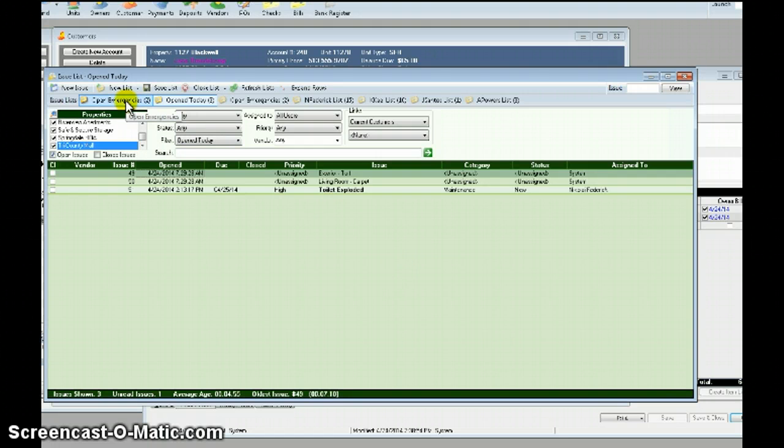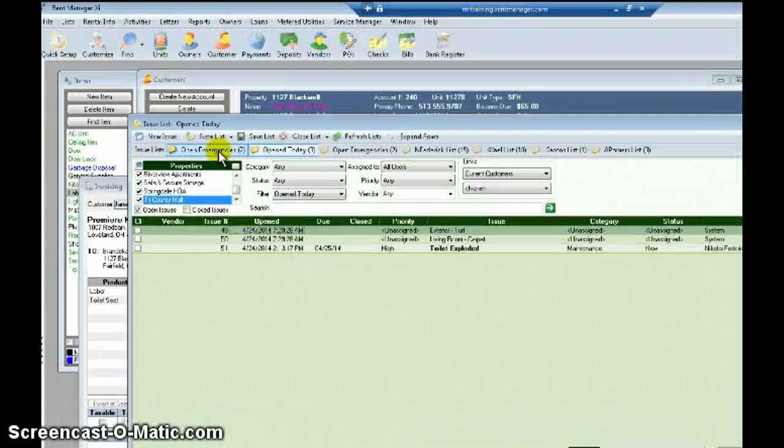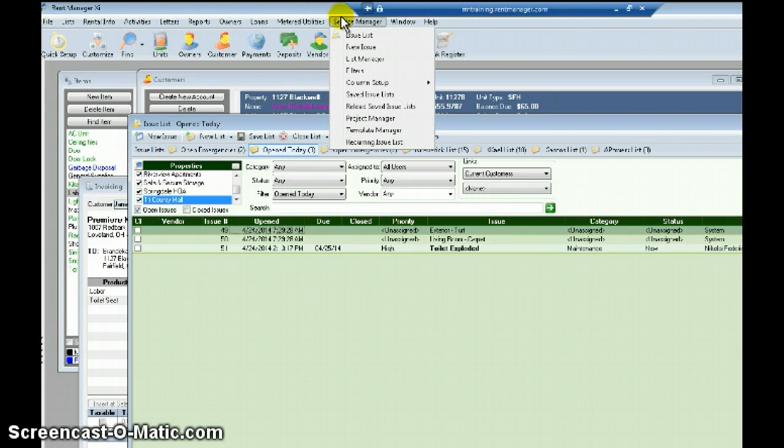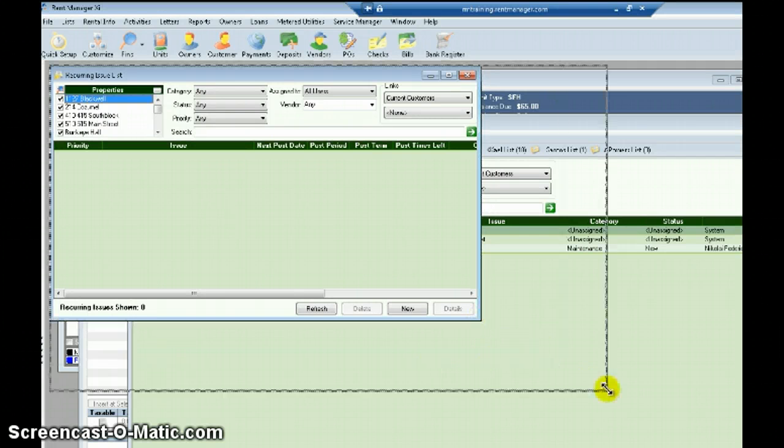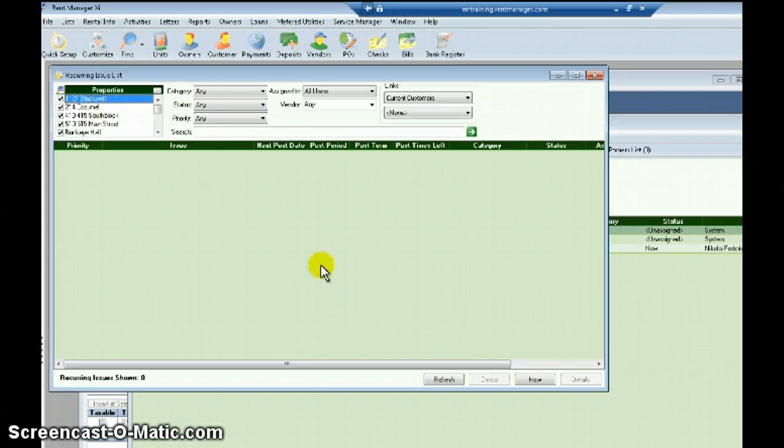Let's say that, hypothetically, we have a service issue that happens every month. So, maybe landscapers, right? Every month I pay this vendor to go out and mow the lawn at one of my properties. Instead of manually typing out that service issue every single month, I can create what's called a recurring service issue. I go to Service Manager, Recurring Issue List. I don't have any right now, so it's a blank list. But what I'm going to do is create basically a service issue template. If I click New,